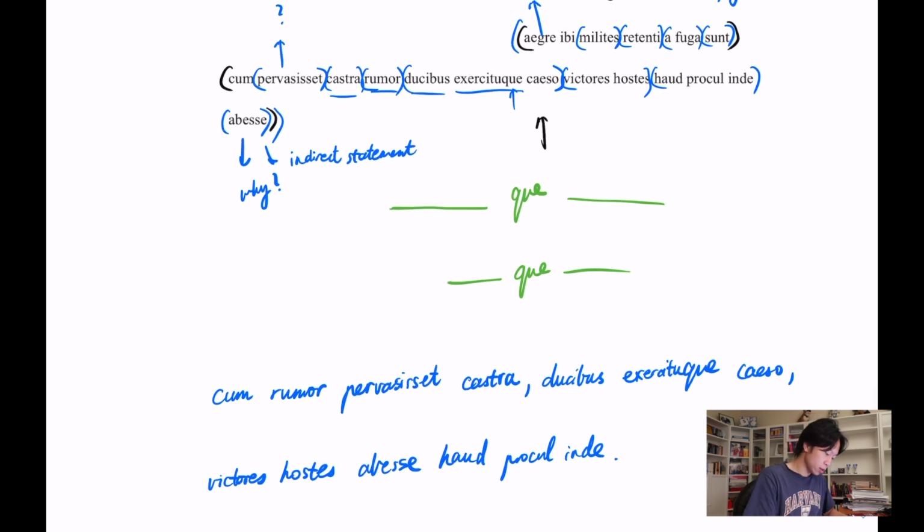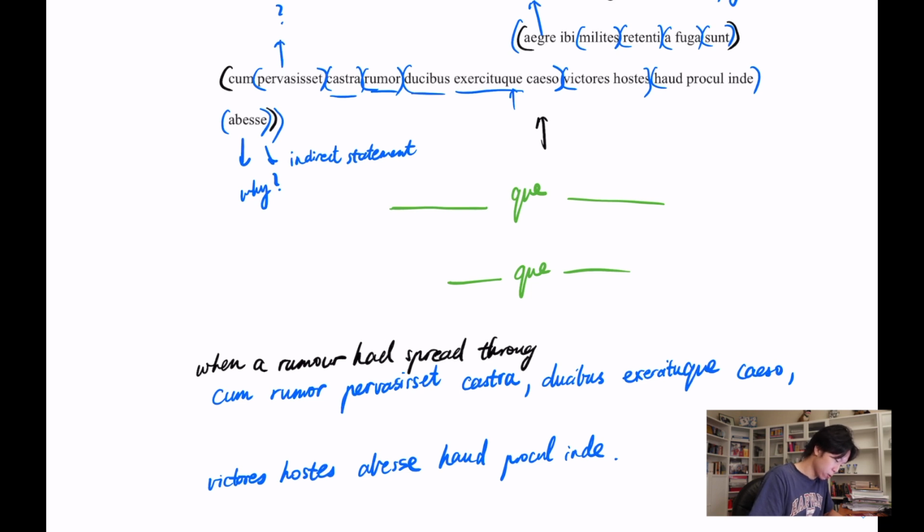And then when, rumor can mean noise, cheering, rumor, hearsay. Rumor, I think, just works better than the other ones. Doesn't really make sense to say noise. When a rumor, pervasiset means passed through or spread through or penetrated. Spread through, I think, works best when we're talking about rumors. When a rumor had spread